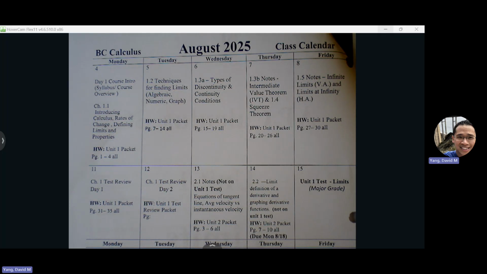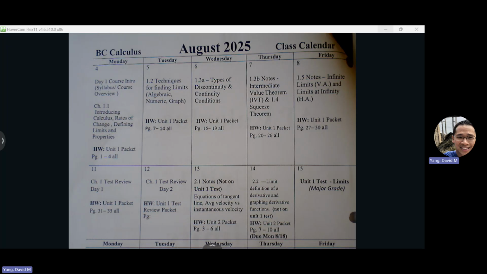Unit 2 is not going to be on the Unit 1 test, but this kind of allows us to buy some time to review, so we can start the next unit. Meanwhile, you have some extra days to review. So there's no minor grade for this unit. We're just going to jump directly into our Unit 1 test. It'll be next